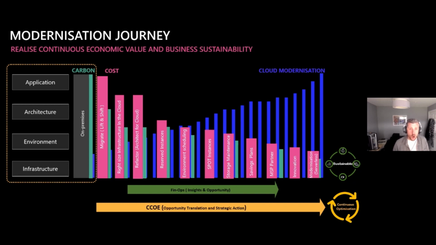I'm sure we'll agree it's not very easy to move from a migrate point straight to modernization. It is a journey, but that will provide the most savings in the end, in the long run. So serverless sounds like a new product or technology, but it has been out for many years. And if you've got application developers or you do development in-house, you can certainly jump onto modernization technologies pretty quickly.